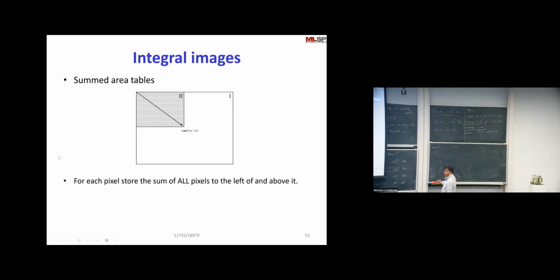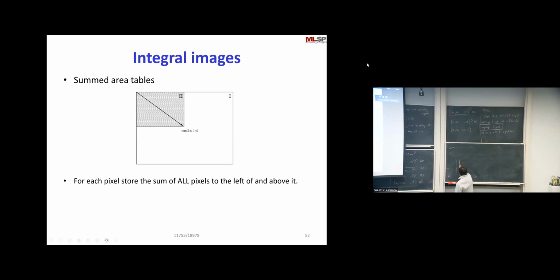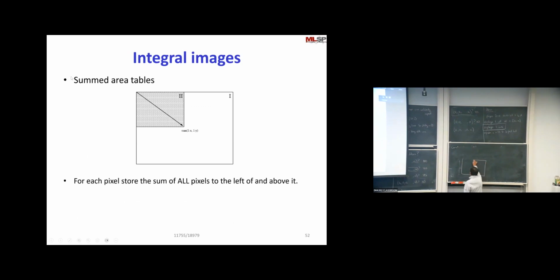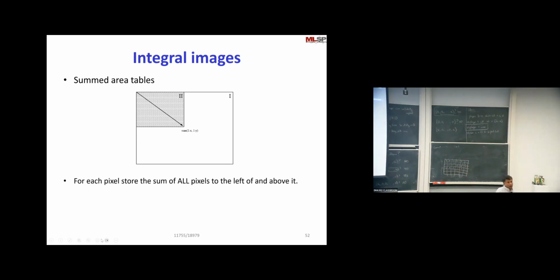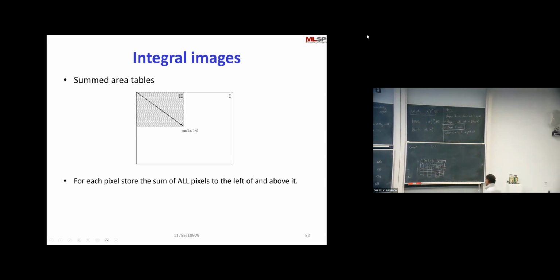You do one pass over the entire image. So if I have an image, I'm just going to write down the pixel values for example, just as illustration, say 1 0 1 1 0 1 0 0. Obviously, in your real picture, it's not going to be just ones and zeros, right? And then I'm going to compute what I call an integral image, where